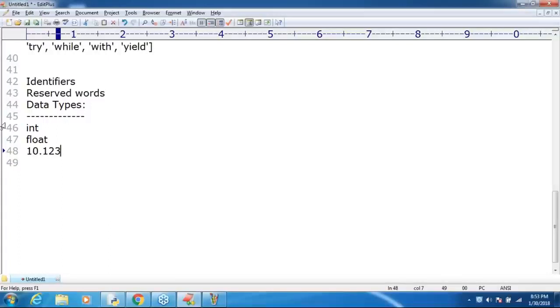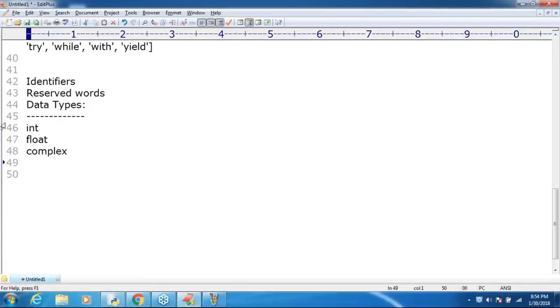10.123, like after this 1 point something I require to represent, sir, then happily we can go for one float type, right? Remember. Next, there is one more very important specialty, sir. In Python, we have complex data type also. Such type of thing is not available in Java also, sir.